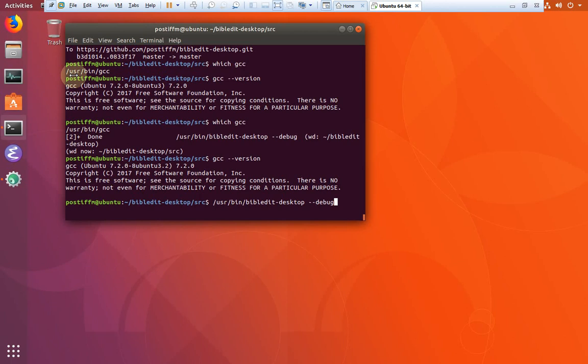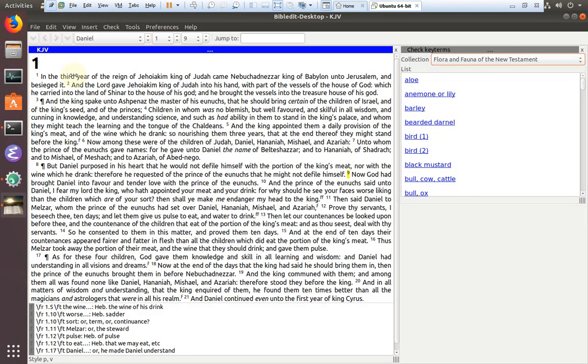I'm going to start up Bible Edit on our screen here, and you're going to see that I already had a project open the last time I was using Bible Edit. You see that on the left part of the screen here with the King James Version. On the right I have a check key terms window and a number of key term lists here available for you to look through. But what I'm going to do is go up to the View menu